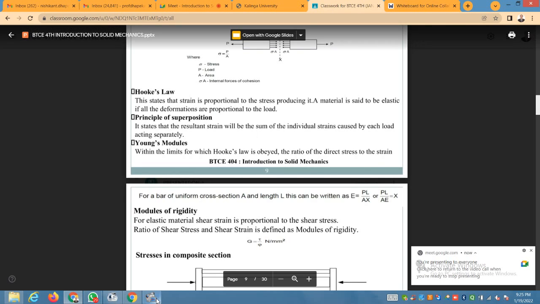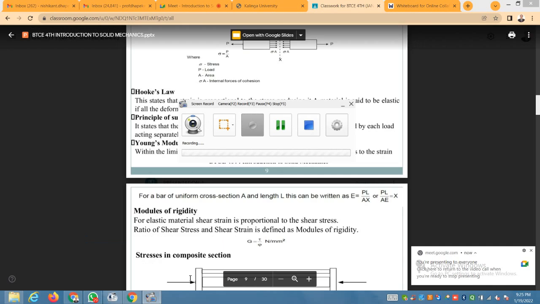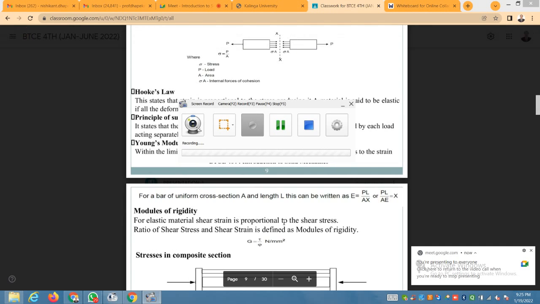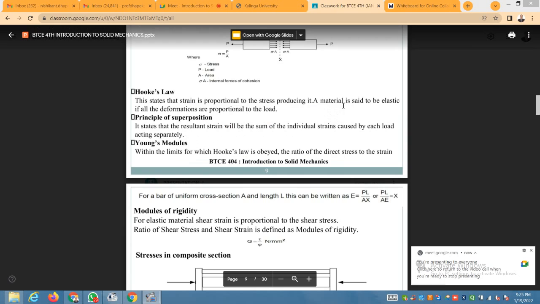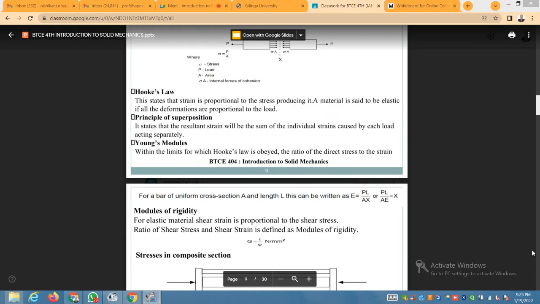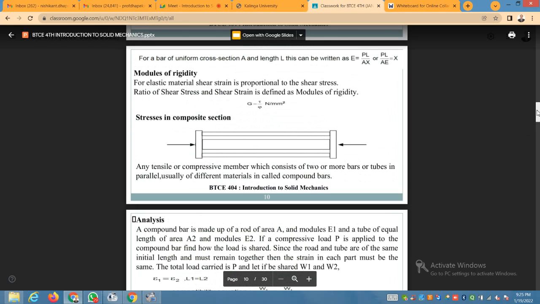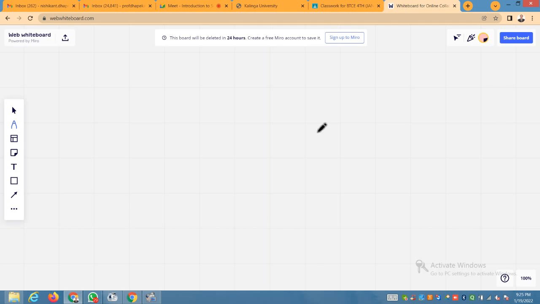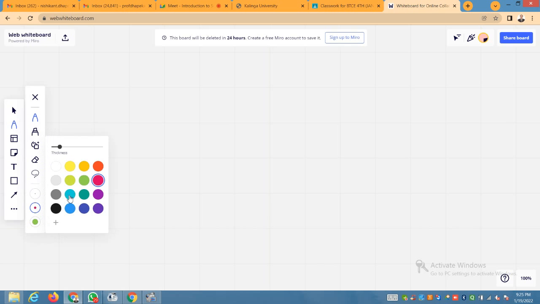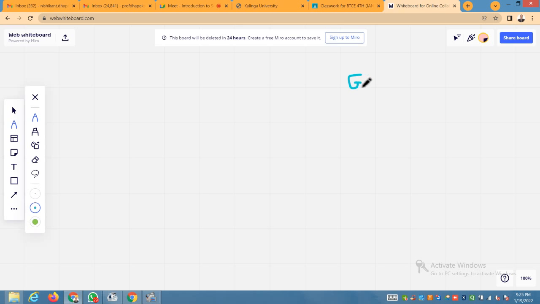So students, we have seen in my last class Young's modulus of elasticity, simple stresses, simple strains, and Hooke's law. So today let us start with the modulus of rigidity. I am abbreviating modulus of rigidity as G. So modulus of rigidity G